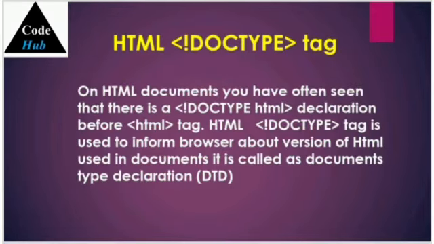Now let's know about the doctype tag in HTML. Have you ever wondered why doctype is before the HTML tag? Because it is used to inform the browser about the version of the HTML document. It is also called document type declaration, DTD. Technically, doctype is just an instruction to the browser. It is a null element, so it does not have an ending tag. DTD generally defines the rules for the markup language so that the browser recognizes the content correctly.